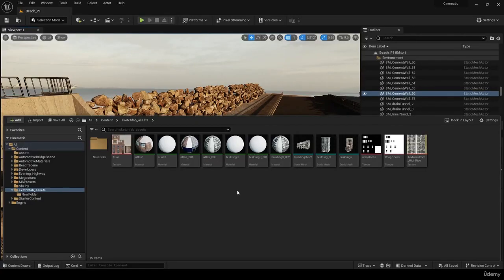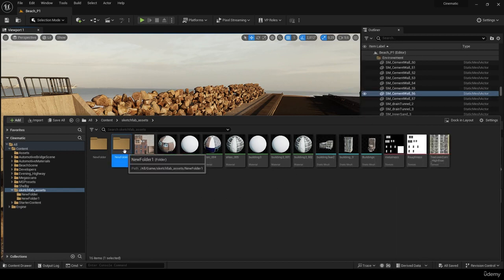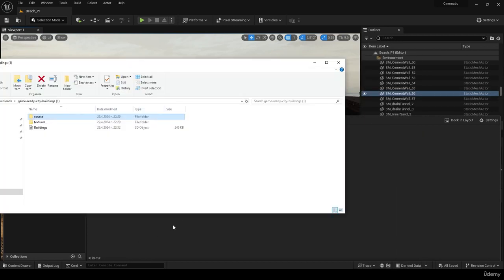Now let's import the building inside Unreal. I showed you how to import the stuff, but here I will show you how to add the material to your object, because when you're importing something from Sketchfab, it's coming without materials inside, and we have to build the material by ourselves. So I will show you how to do it. So here is our Sketchfab asset folder. Inside I will make a new folder, and it will be new folder 1. And here now let's drag and drop our